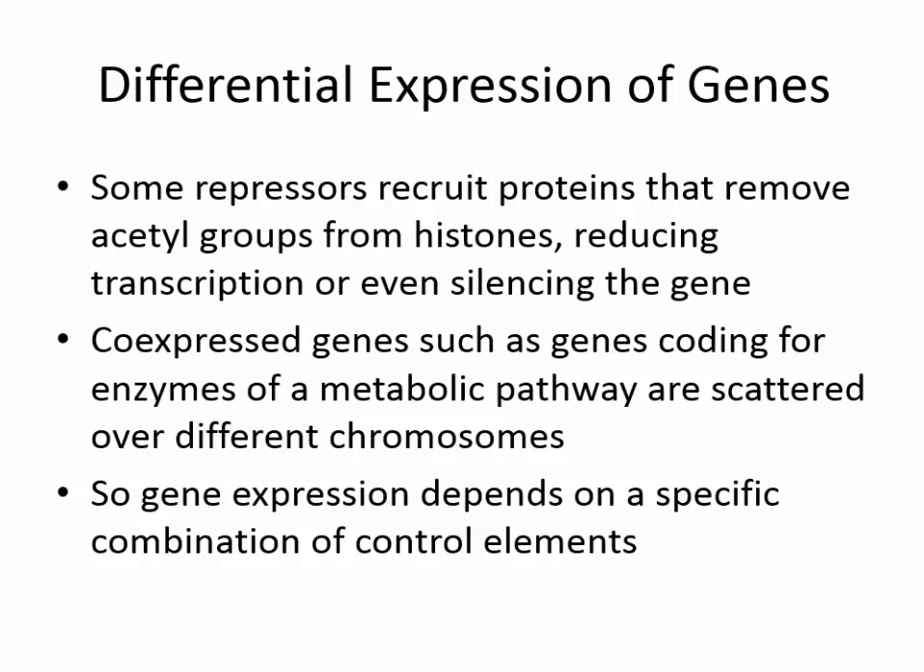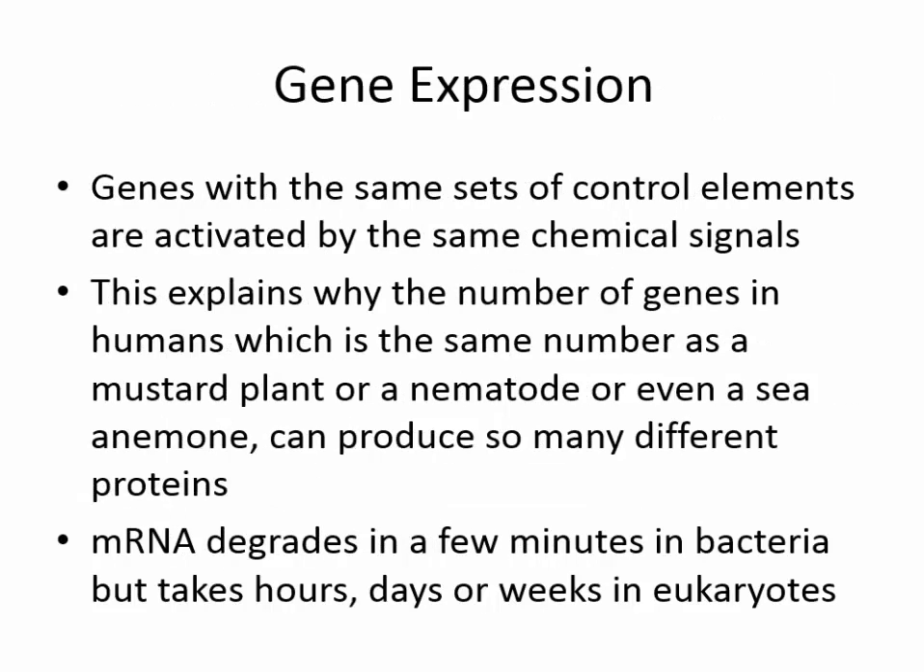So gene expression depends on a specific combination of control elements. Genes with the same sets of control elements are activated by the same chemical signals. This explains why the number of genes in humans is the same as in a mustard plant or a nematode or even a sea anemone. We don't have a lot of genes, so if you're going by gene number, we would be just as simple as a plant. But this is why,